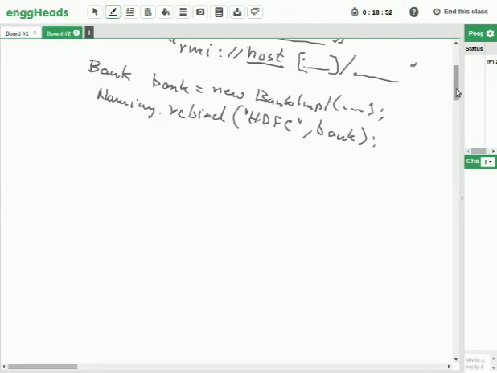The client code simply goes for this. That's the code on the server. Any client who would like to use this and invoke a method does this: bank equals a cast as Bank. The return type is Remote, so you need to cast as Bank, Naming.lookup. As a parameter to the lookup,